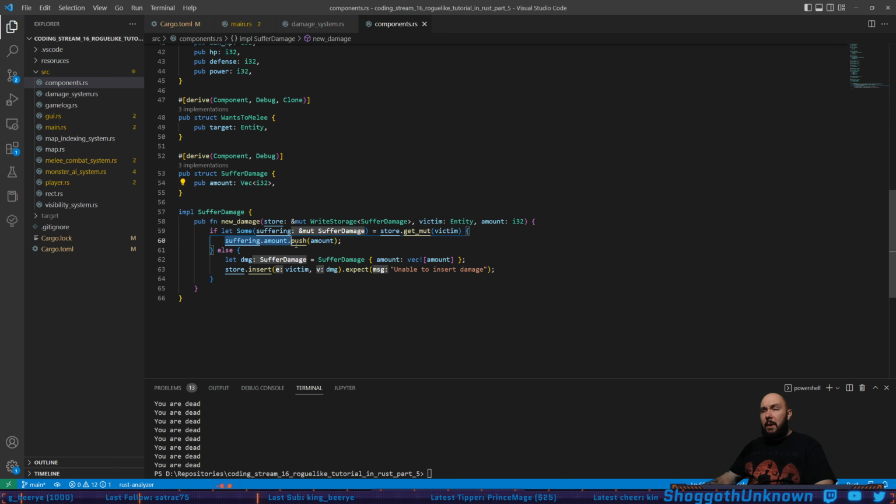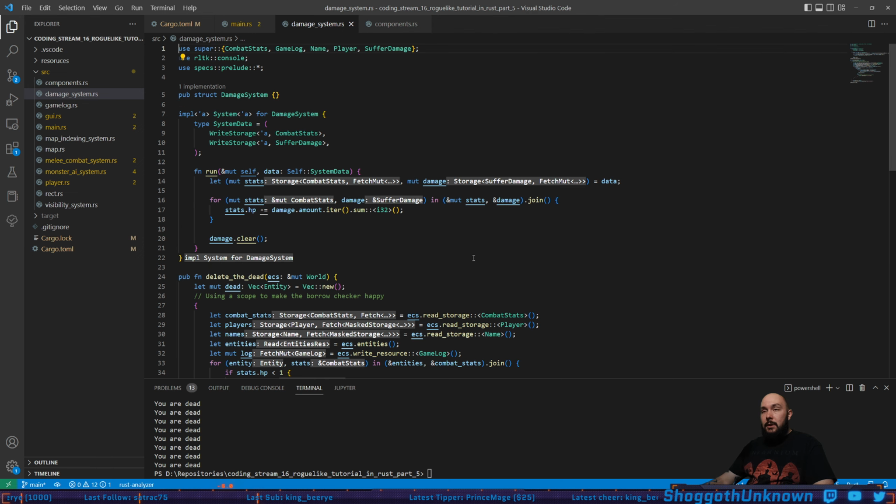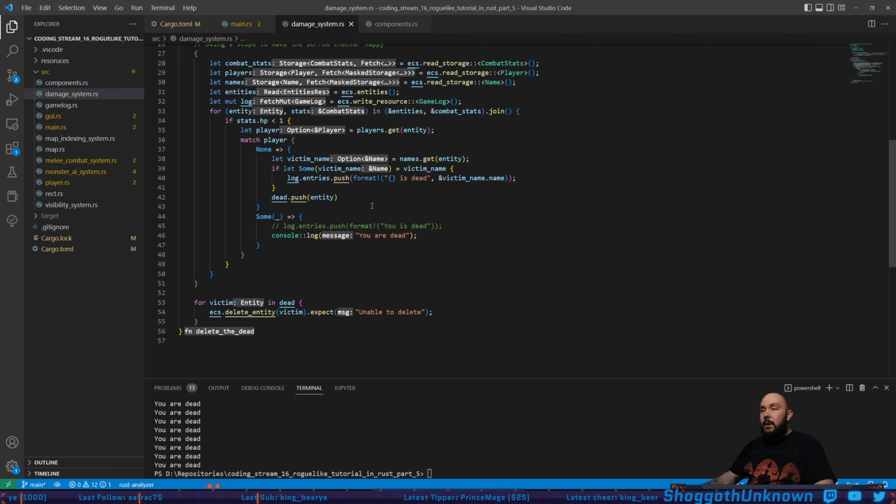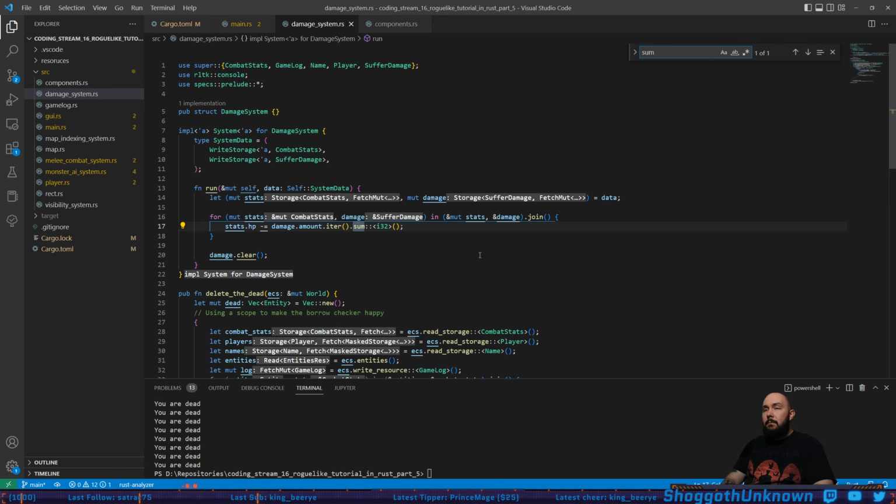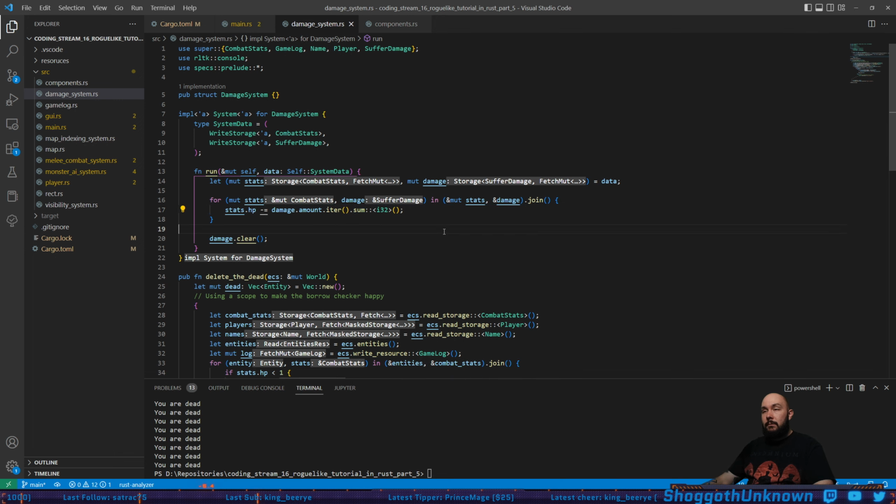So we have some amount of damage and we push that into the vector, and then when we actually take damage, we sum it up. So I think it's in here, yeah, here it is. So we actually sum up the vector,